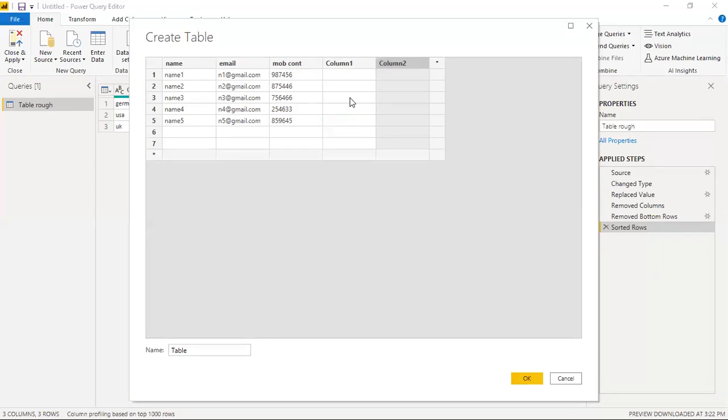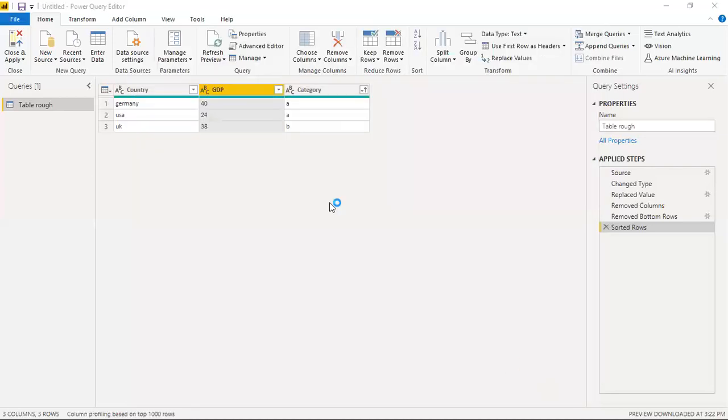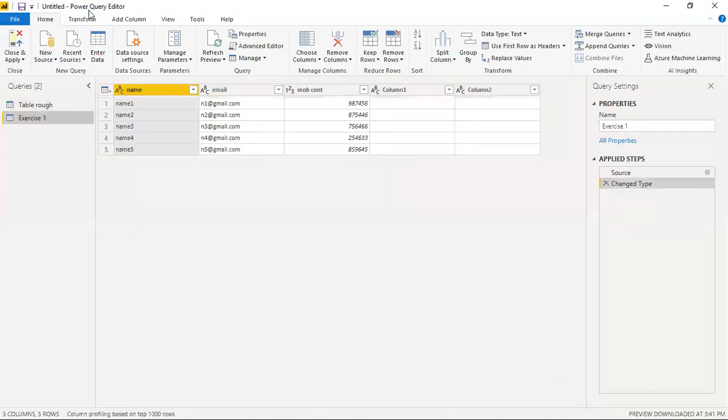Okay, so I'm going to edit this. I'm going to name my table as example exercise 1. I'm going to say okay. Once I'm done with this, as you must have noticed, I'm creating this table in query editor only, so it will directly open query editor, not in the main data set. So we don't have to really click on edit or load. We only have option of okay here.